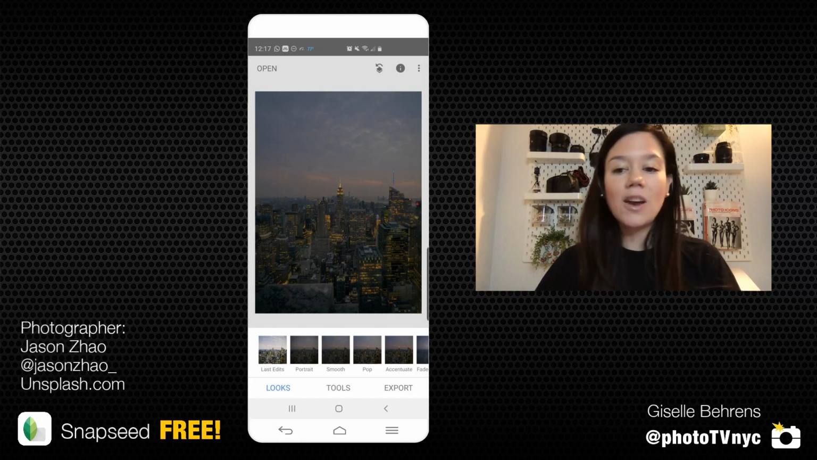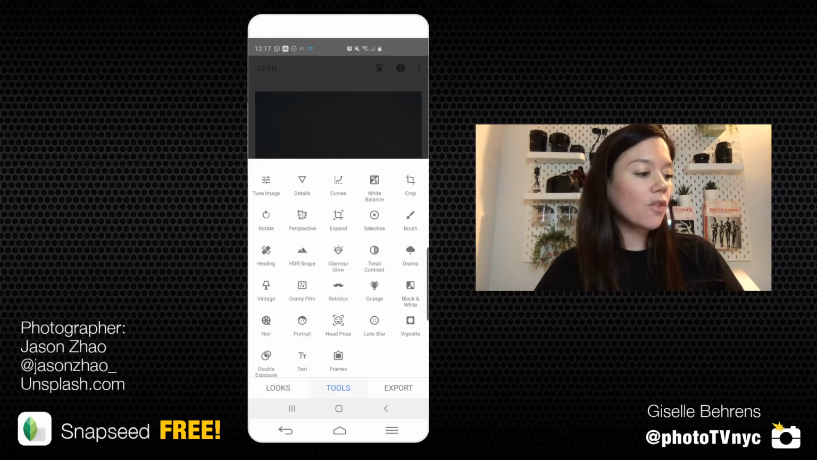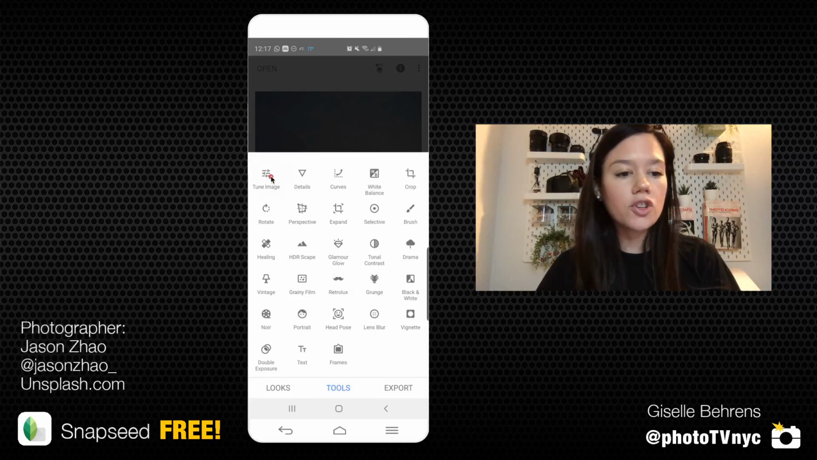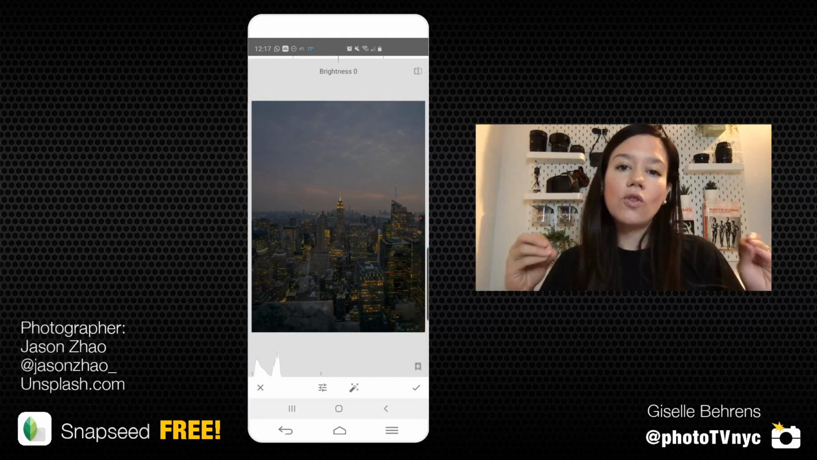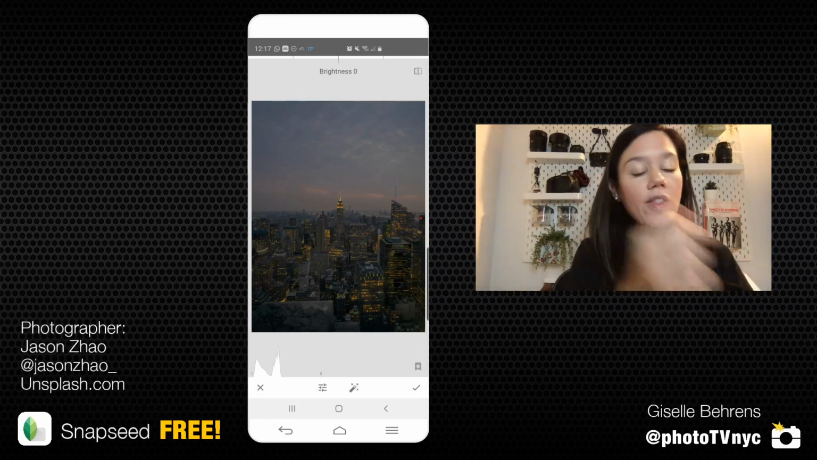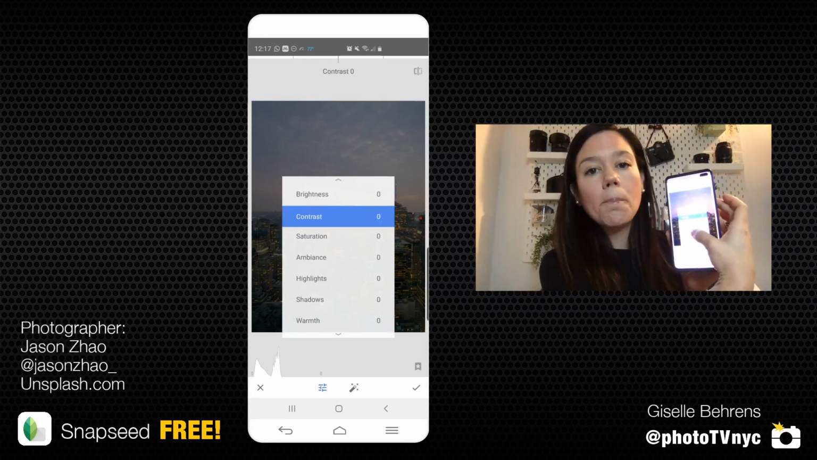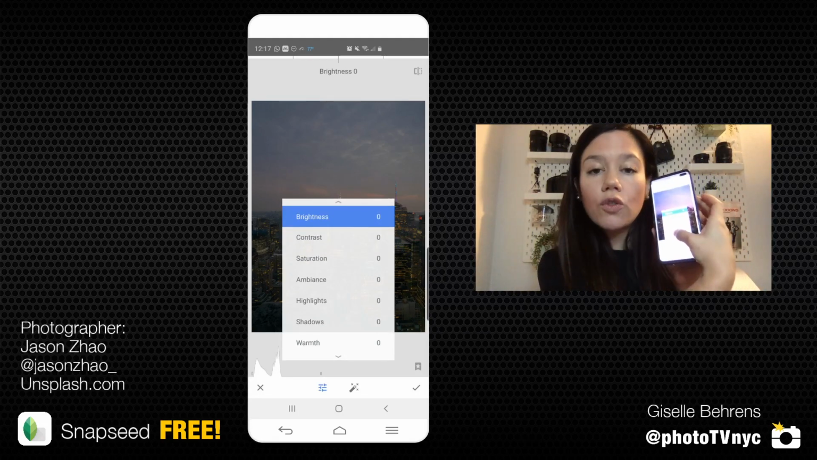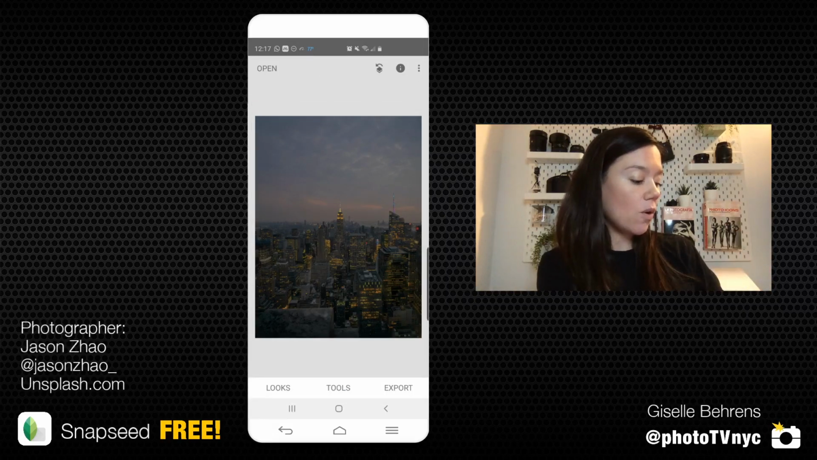So the first thing that I want you to do is go to Tools, and I highlight it right there on your screen. And we're going to go to Tune Image, right there. Just press it, and we're going to add 100% light. So with your thumb, leave it pressed on the screen and you're going to have a pop-up menu that appears. Go to the first one, which is called Brightness, and now